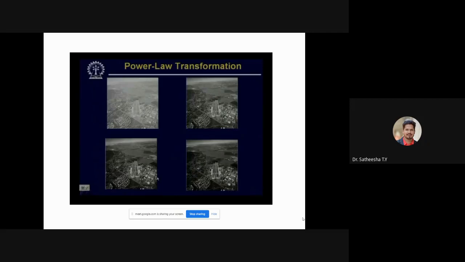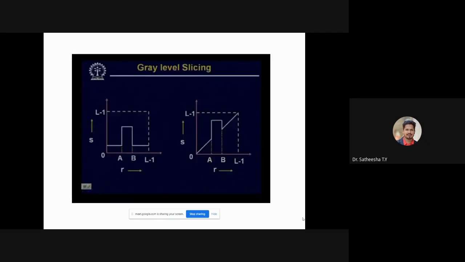The other type of transformation that we can use for image enhancement is called gray level slicing. In gray level slicing, an application may not be interested in all the intensity values, but may need only certain gray level values.